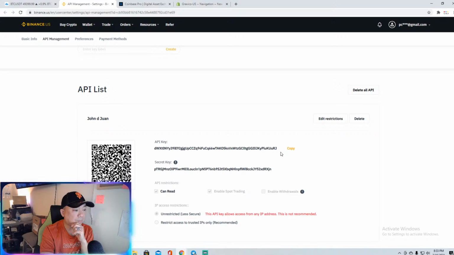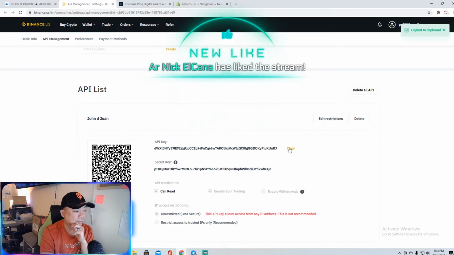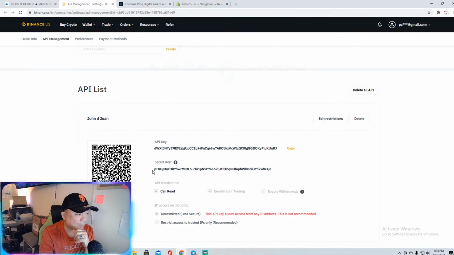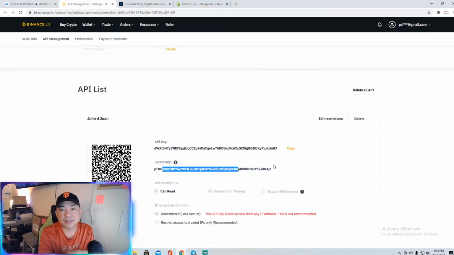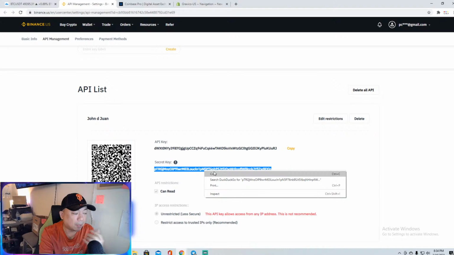Copy that. Simply hit the copy button and then put it somewhere on your notepad. Thank you, Nick Elkana. And after you copy the one, make sure you copy the secret key as well. Just double click it. You don't need to drag it. If you drag it, sometimes you make a space as a character. So it's way better for you to just double click it and then copy and paste it,